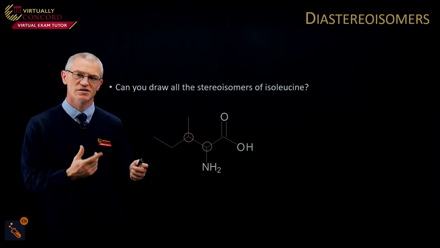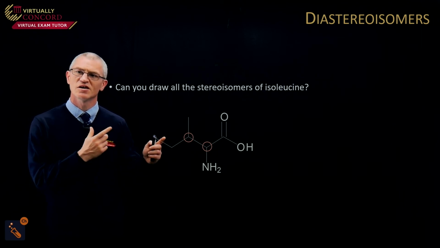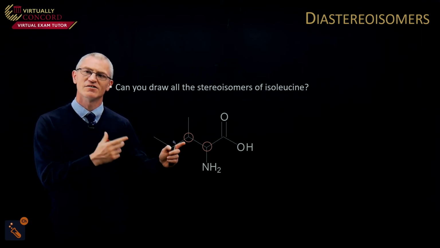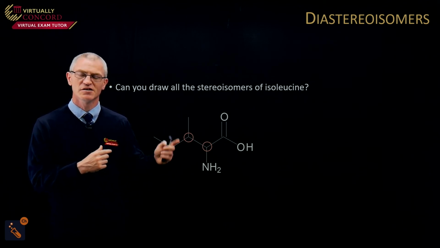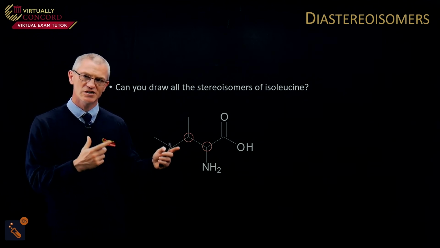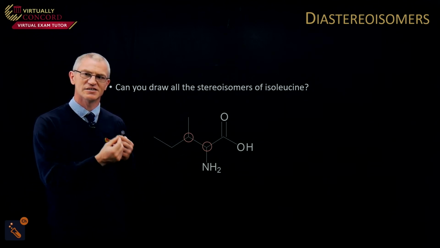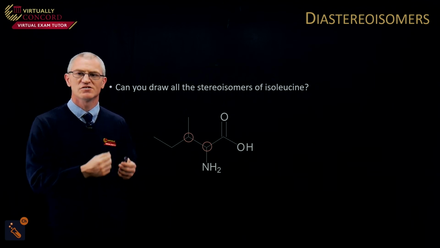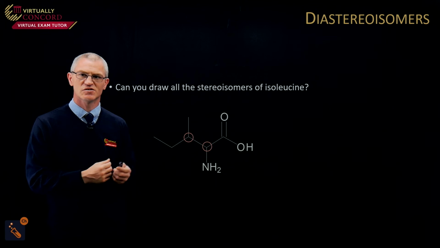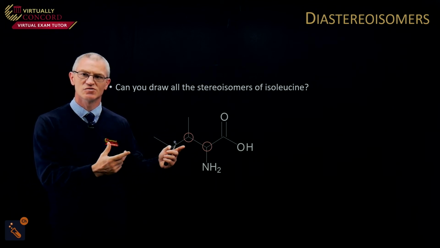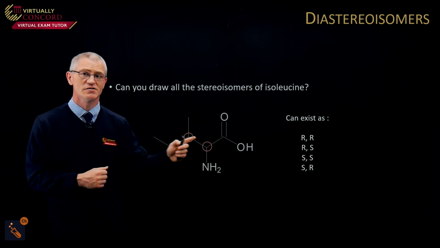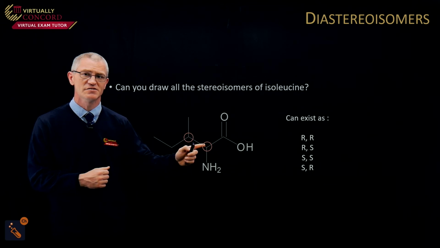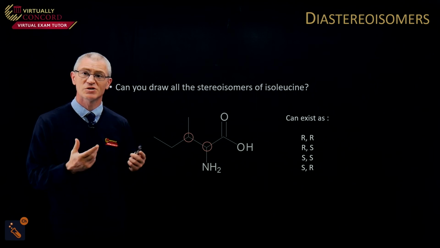So here's isoleucine, as we had in our previous slide, and just think about it. In the previous, we can label these as R or S. So it can be the R or S, depending on whether they rotate the plane of polarized light. It doesn't matter whether you label them properly or draw them exactly, as in draw the R one, draw the S one. It just matters you draw all the stereoisomers. So you don't have to, but it's much easier to label them to do that. So they can exist as RR, RS, SS, SR, which means 4 different